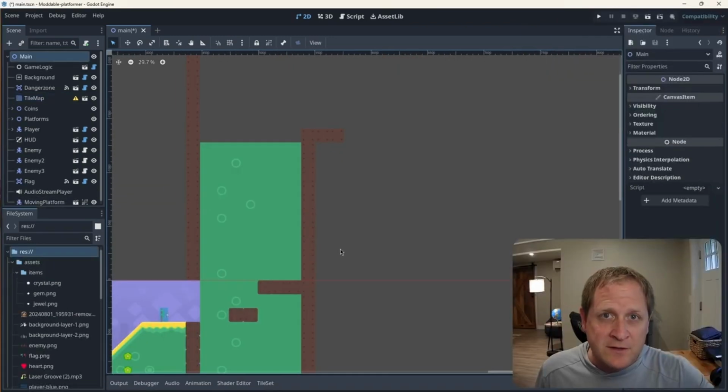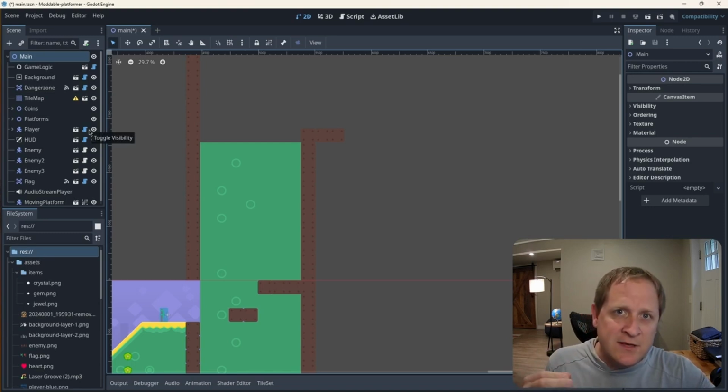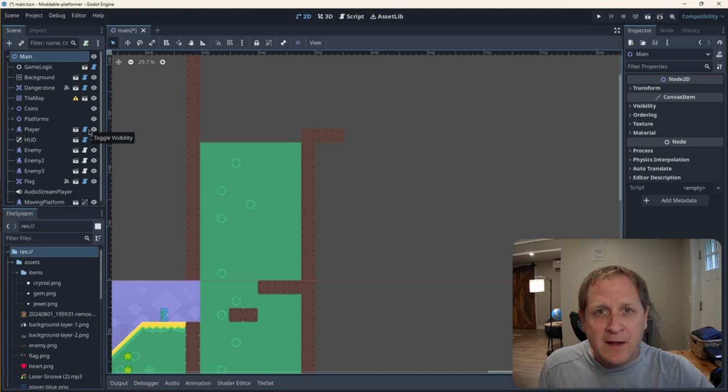What I want to do is make a new scene separate from this main scene. I want to contain my building of my platform in its own scene because the power of that is I'll be able to save it as its own file, and all the little nodes and building blocks that I use and the features that I put into it will be saved in that file, and I can then just reuse it over and over again in my game. And for a genre like this, you're probably going to use platforms a lot, so I'd like to make it